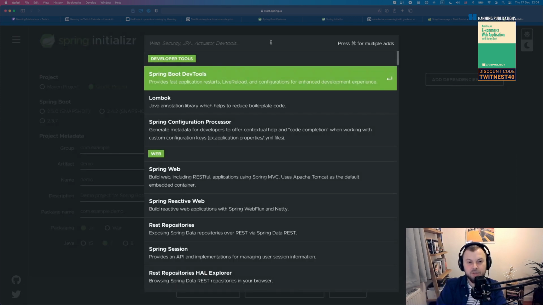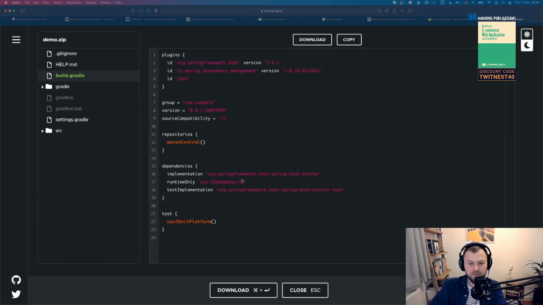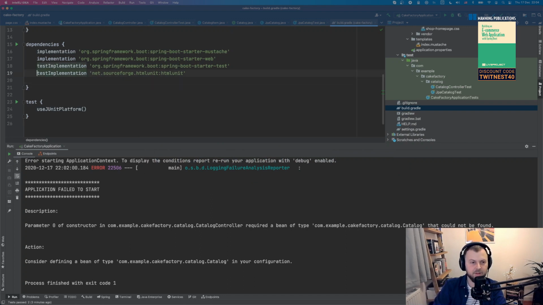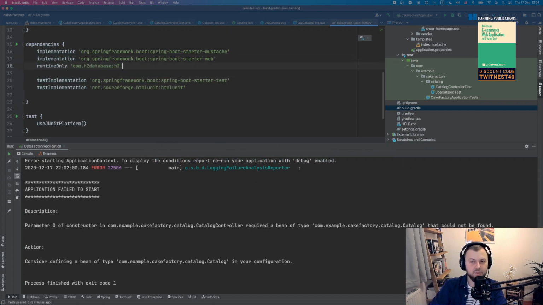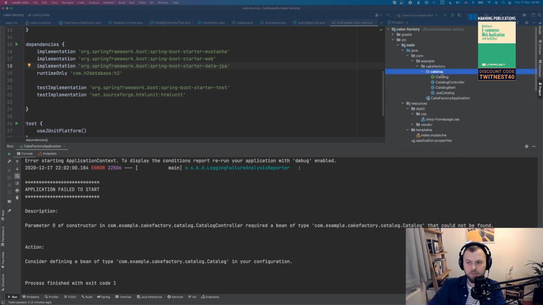So let's say if you don't know how to add the H2 dependency, you can just type H2, and then you can click the Explore button, and you're going to see it right here. So basically you can see the project without downloading it. You can see the project generated by Initializr. Cool, let's add that. Yeah, so we have H2, and it's time probably for us to add Spring Data JPA. So Spring Data JPA will bring the default JPA implementation, which is Hibernate, and we're going to use H2 as our database, right? So let's now implement our database layer.